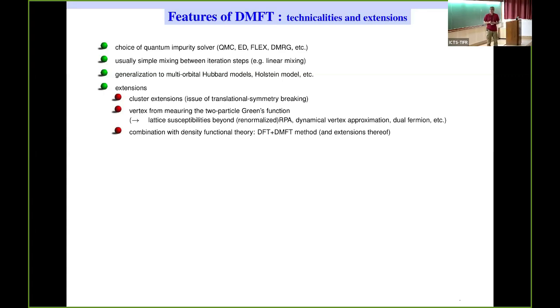So again, there would be a second part with DFT plus DMFT, but I think that is maybe then for discussions. If you're interested, I'm very happy to discuss this with you, because it would take a bit more time to go into this. But the strategy is more or less clear. Now you have to define a correlated subspace in your material, which you treat with DMFT, and the remaining part you treat with DFT. So that is the very basic idea behind it. And it's just about how to tackle the interfacing between these two regions in the Hilbert space to make that work. But it's a kind of hybrid scheme